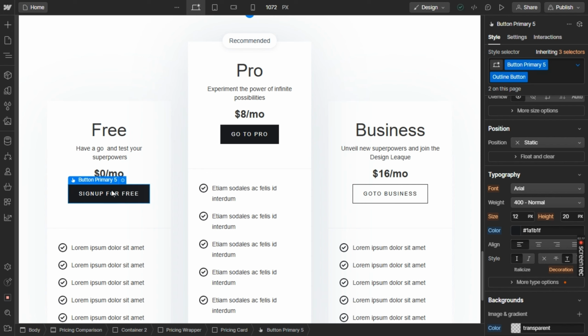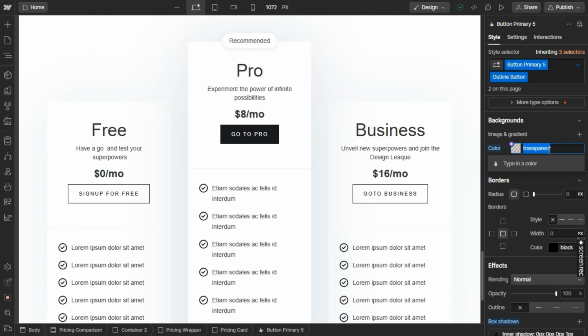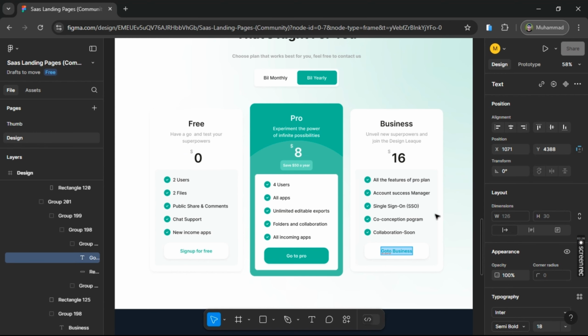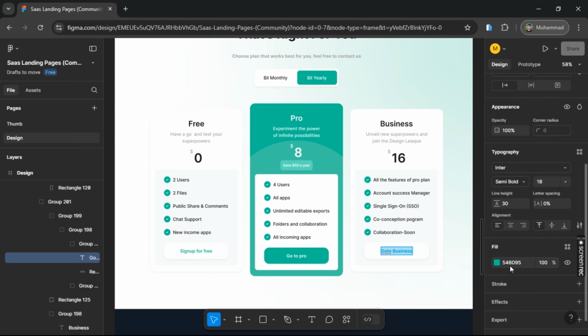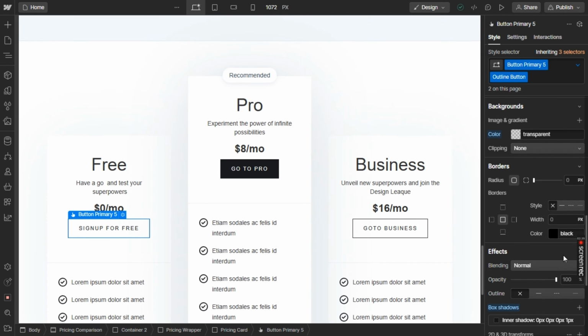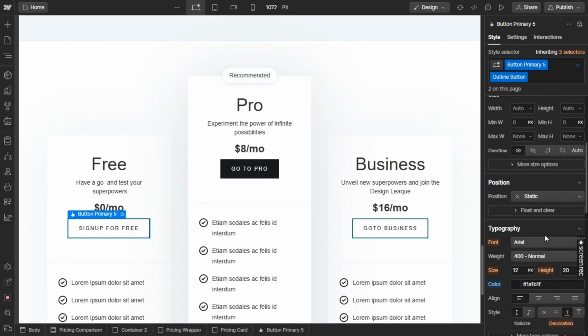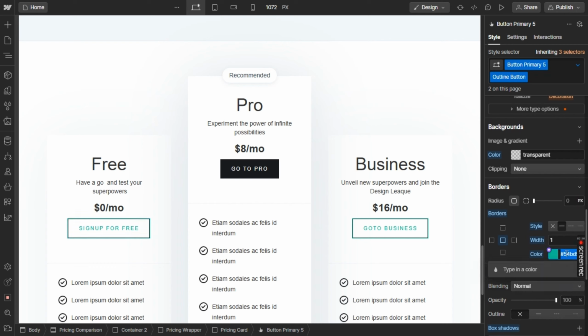So now it's time to change the styling for each button. So the background should be the theme color, which we can get from here. Just copy this code and paste it here. I think the background color is not looking good. The border color is not looking good. We will fix it in a few minutes. For now, we have to change the typography color to the theme color, which is this, and just paste